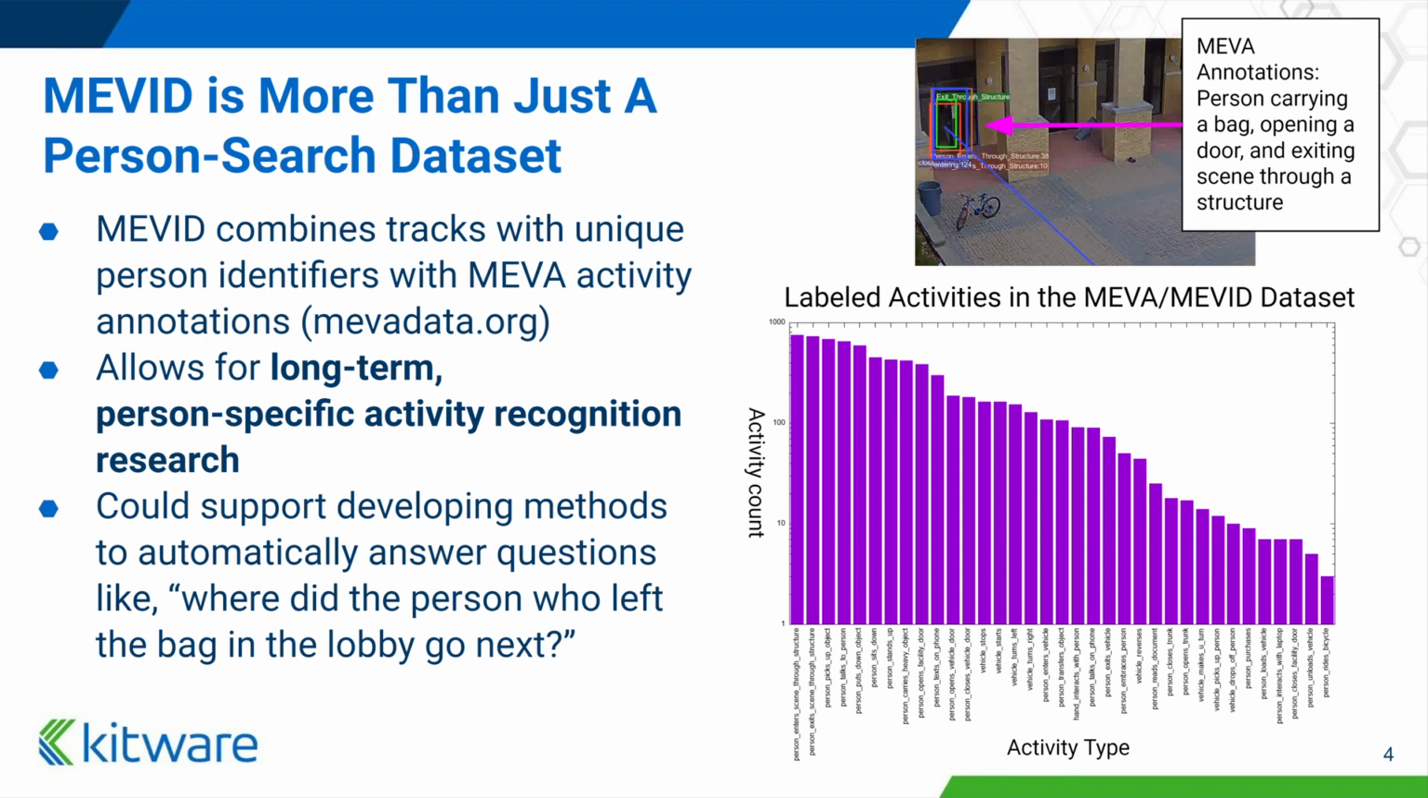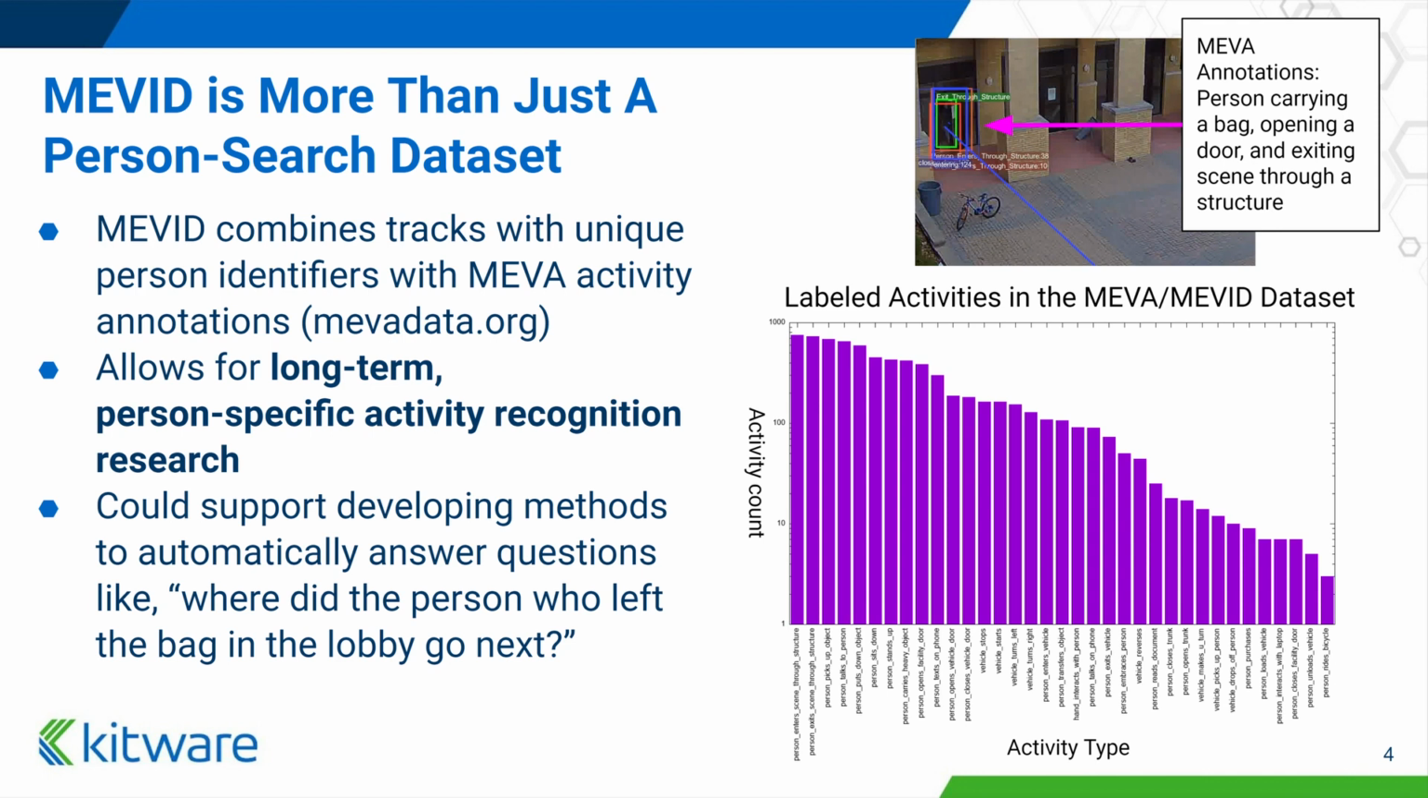But MEVID is more than just a person search dataset. MEVID combines tracks with unique person identifiers with MEVA activity annotations. This allows for long-term, person-specific activity recognition research. This research could support developing methods to automatically answer questions like, where did the person who left the bag in